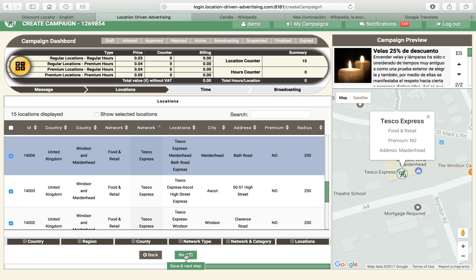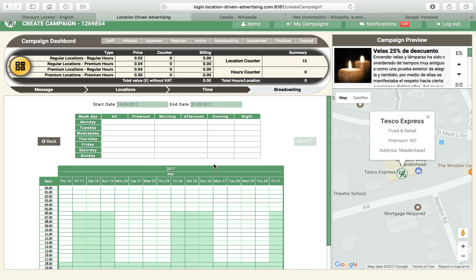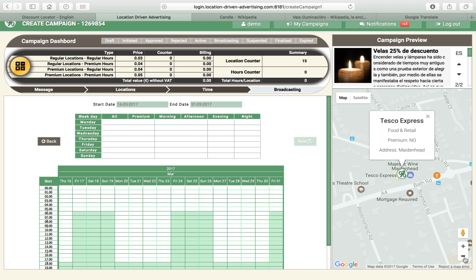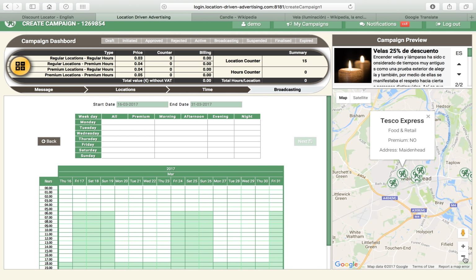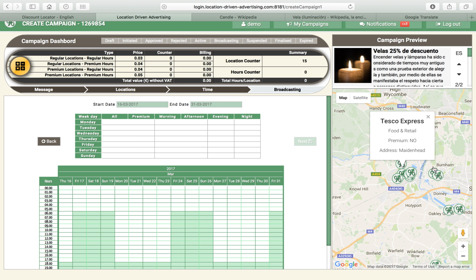So this was the second step, and it takes me now to the last and third step, which is defining the time period where I want this message to be broadcasted in these locations. So this is the start date and the end date of my